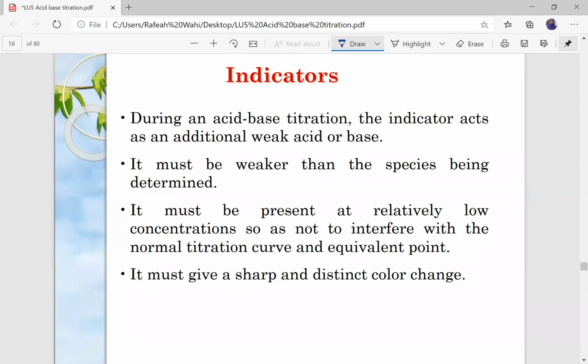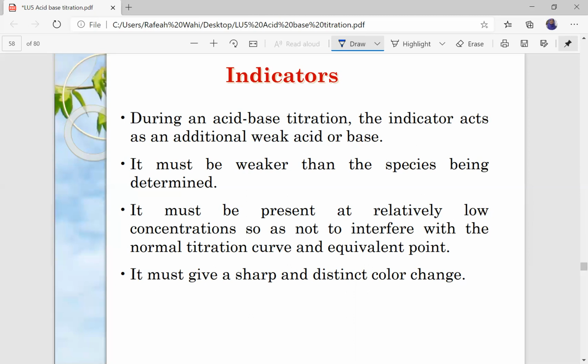This is because if you have indicators which have a Ka or Kb near to the weak acid or weak base in concern of your titration, it will cause interference during the endpoint determination. Okay, so you have to take note that the indicators must be weaker than the species being determined in the titration, and it must be present at very low concentration, so it will not interfere with the normal titration curve